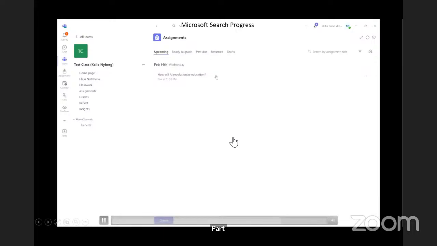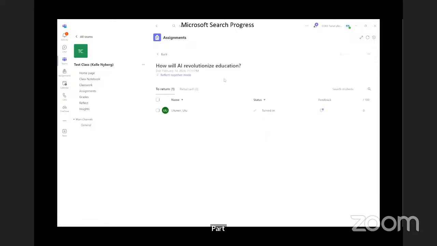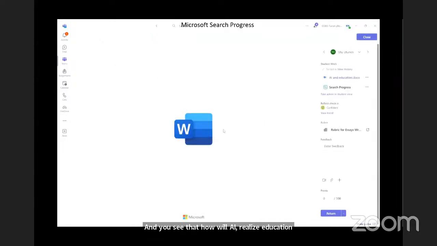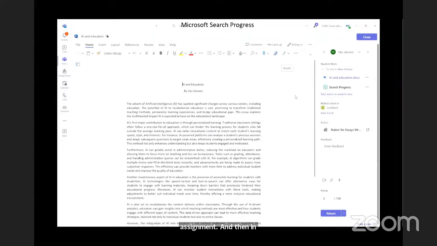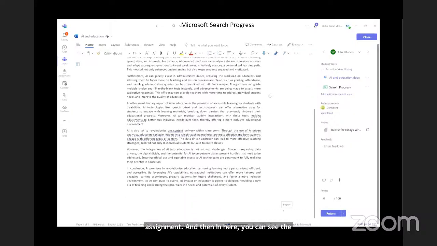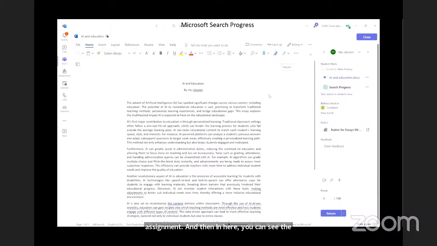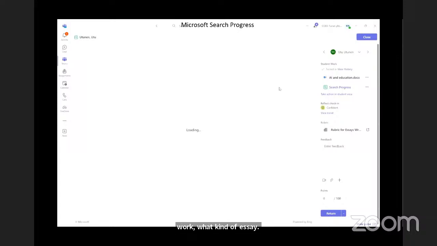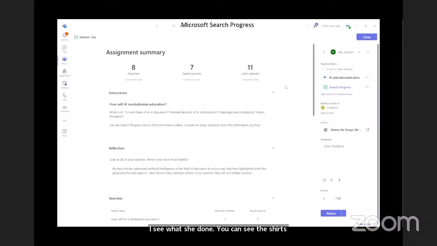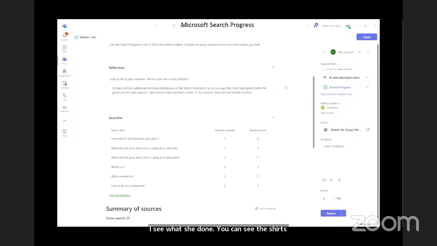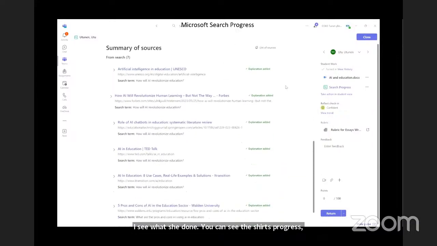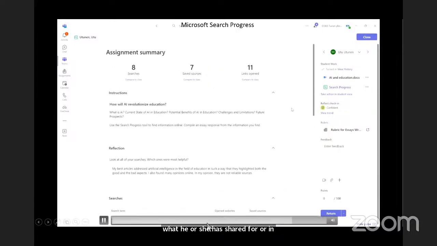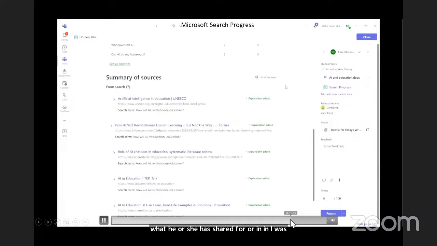And you see that how will AI revolutionize education assignment. And then in here, you can see the student's work, what kind of essay he or she has done. You can see the search progress, what he or she has searched for. Let's go a little bit back. You can see even